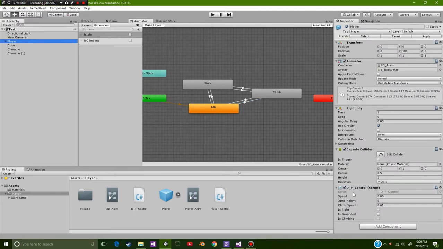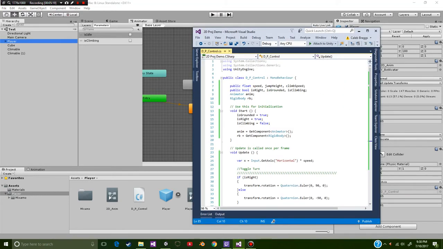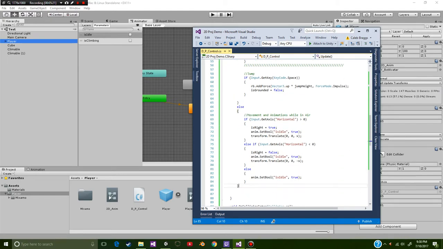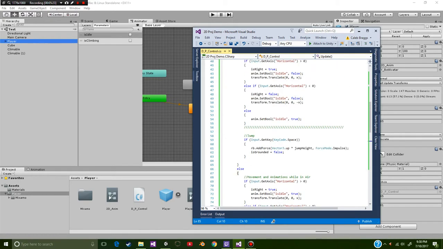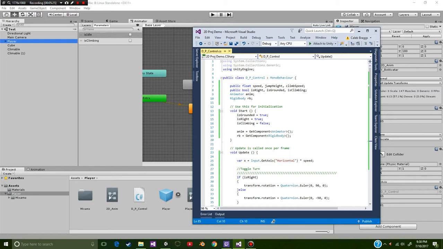is our script. Now I call this DP control. I was going to call it 2D player control, but when scripting, you cannot add a number on the front of something. Don't really know why, but you know, that's how it is. Okay, so I created this really, well, technically long script, but it's very simple to understand, and let's hop right